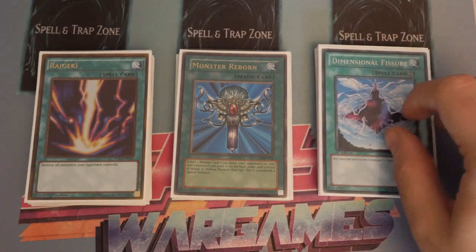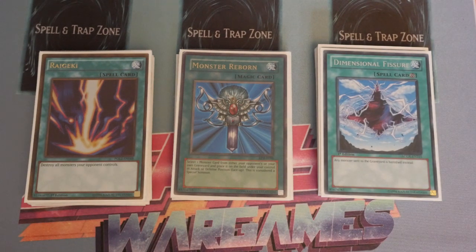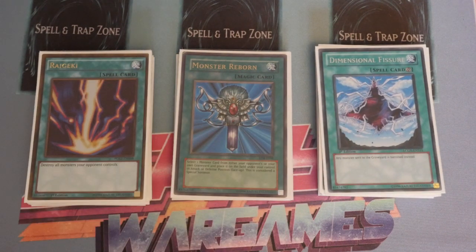And then for the last of the spells, we play the 1 Dimensional Fissure. The best thing about this is it's actually an anti-hand trap card. Because any monster sent to the graveyard is banished instead, the hand traps that specifically say must be discarded to the graveyard can't be used under D-Fissure. So the ones like that, I believe, is Ghost Ogre, Effect Veiler. It does hurt your Swift Scarecrow,